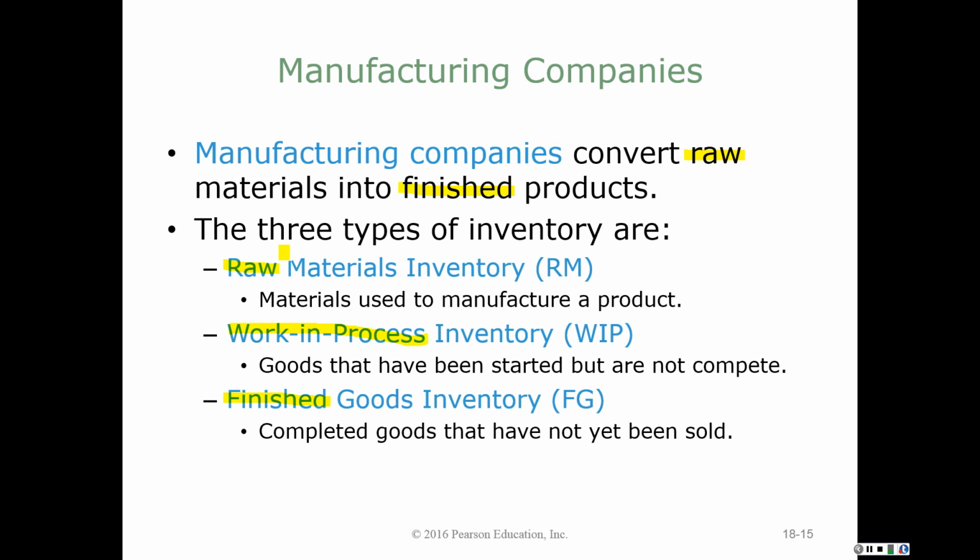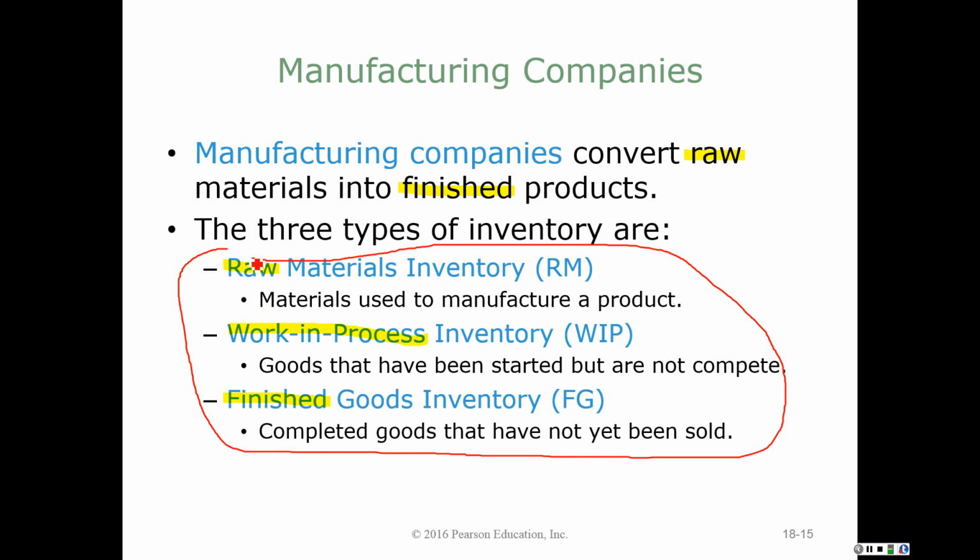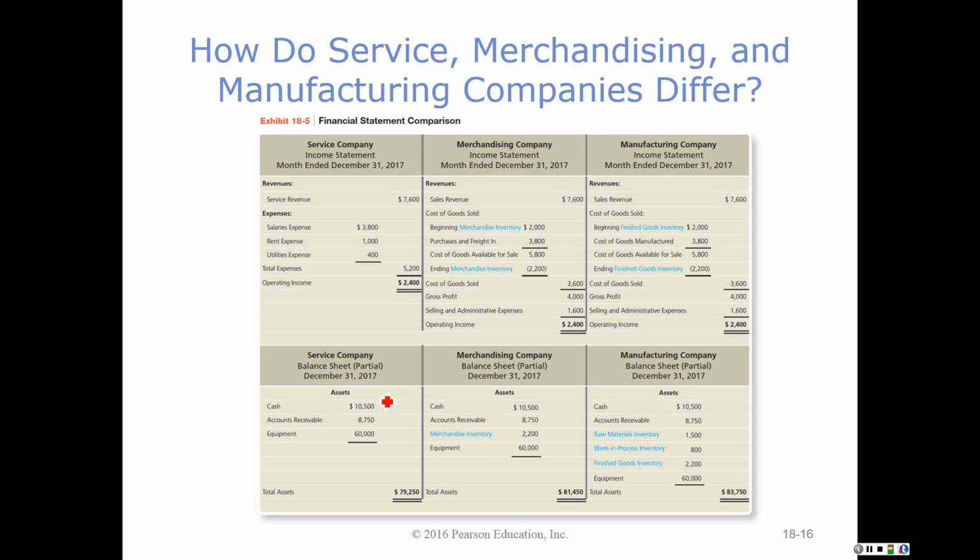So if you're an organization that manufactures a product, what you're going to see on your company's balance sheet is a list of all of these things potentially. Inventory on a manufacturing company's balance sheet includes the cost of raw materials, the cost of the labor and the overhead that is involved in converting those raw materials into a finished good but have not yet made it to that point, and then the costs that actually have been tied up in finished goods that are ready for resale. So we can see a little bit about how these differ.